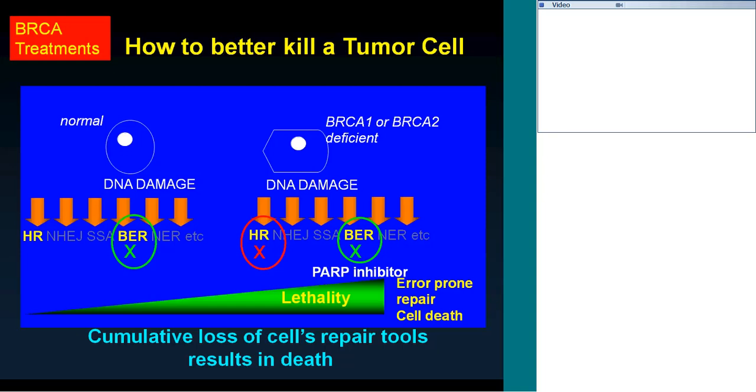And this concept of the BRCA mutation carrier having a better response to a particular type of treatment is exactly where we hope to go as we learn more information through the Cancer Genome Atlas